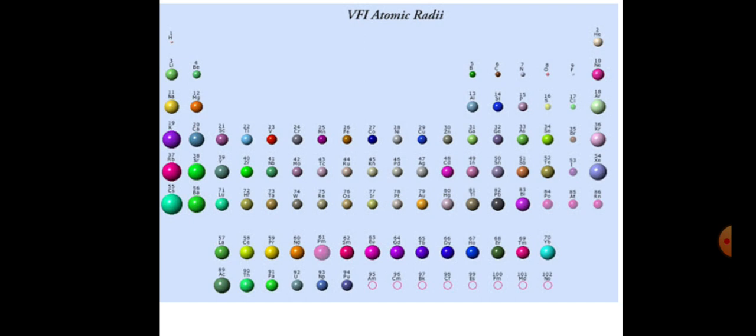But from left to right, in a particular row, the size gets reduced. The reason is that the nuclear charge increases. As the nuclear charge increases, the attraction between the nucleus and the electrons increases,